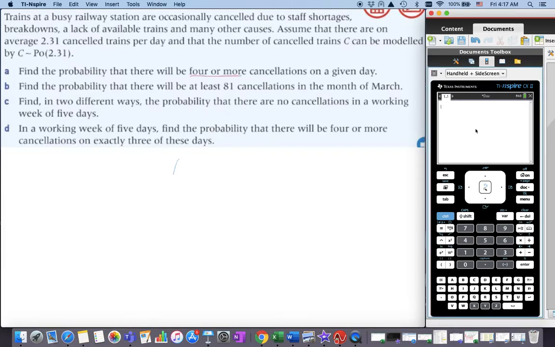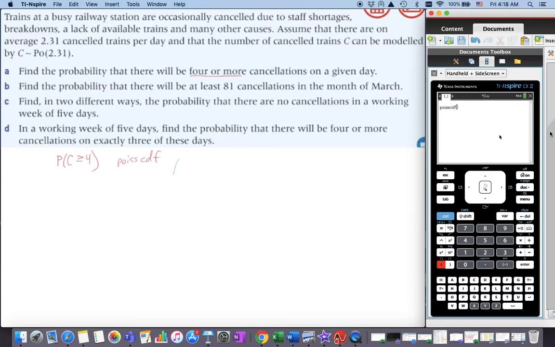So 4 or more. That means that we want to show the probability that C is greater than or equal to 4. So this is going to be a Poisson CDF, and we'll go ahead and do it on our calculator. We go into our distributions, or you can write it out. I'm going to write it out because you know how to get there now.